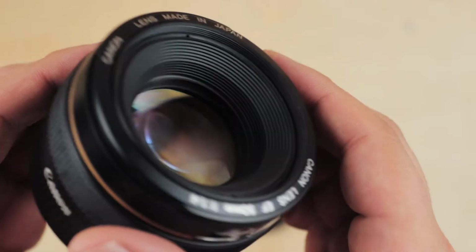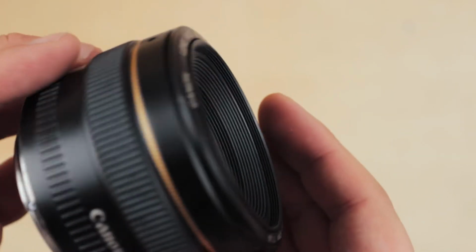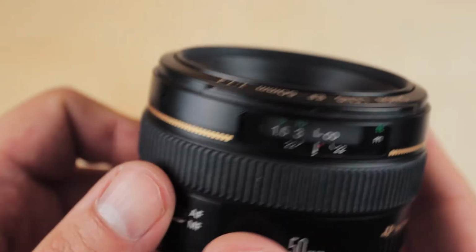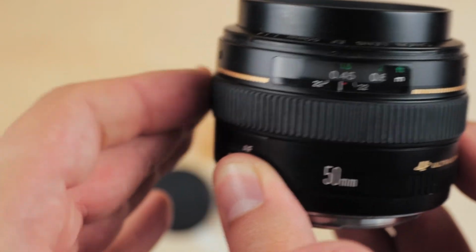conceivable way. The Canon EF 50mm f1.4 comes in at around £200 on the used market, and that's really significant as it's almost half of what you would pay new for this lens, and for that £200 you're getting a huge amount of optic quality for your money. In short, it's a beautiful lens to work with, and it does render a really lovely bokeh in the background